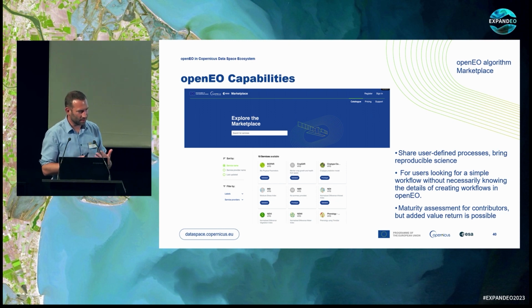So it's kind of an app store, but for Earth observation algorithms. We will govern this, of course, and we will have an assessment of the maturity of the algorithms. We will see if there are peer-reviewed articles or papers on it, if there is automatic testing, if it's maintained enough, and so on. We will give a label to each service, going from prototype to fully validated service, and based on this ranking, users or service providers would be able to get a return.